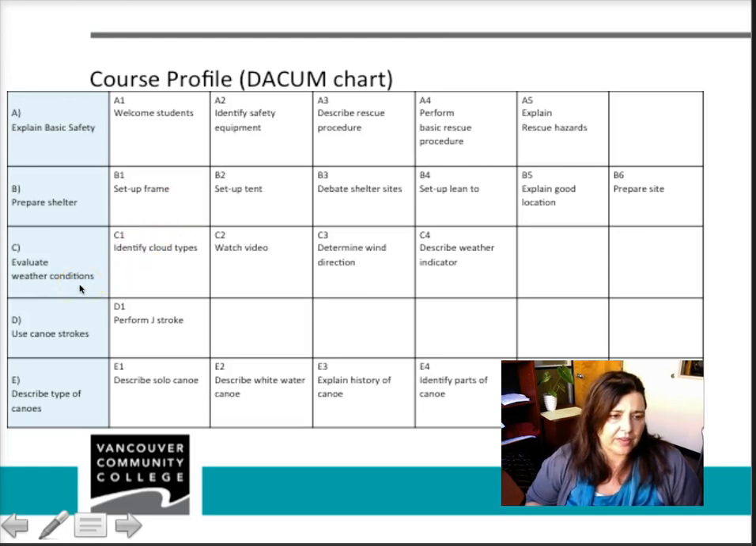C, evaluate weather conditions. That's really high in Bloom's taxonomy. It's a critical thinking skill. And these objectives, identify cloud types, determine wind direction, and describe weather indicator, all fall in the realm of knowledge and remembering. So this is much too high a goal for the